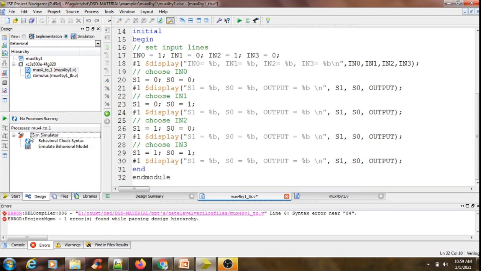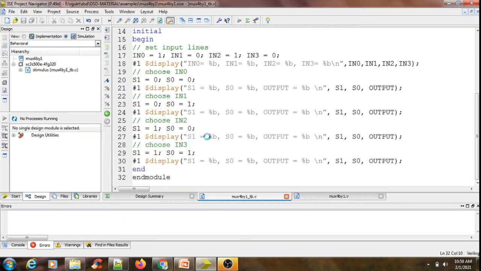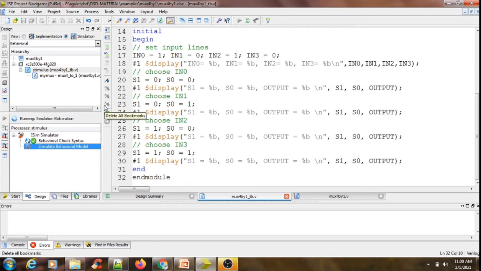That will be observed here. So let me simulate the program and check the results. Remember, IN0 is 1, IN1 is 0, IN2 is 1, IN3 is 0. These are the inputs for your 4x1 multiplexer.